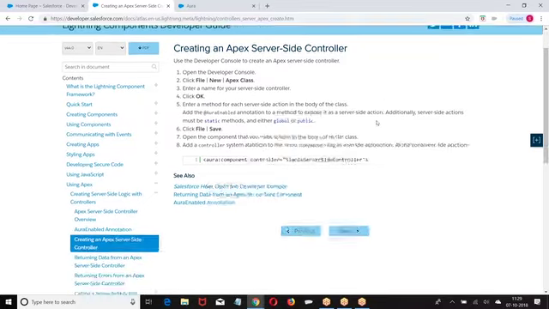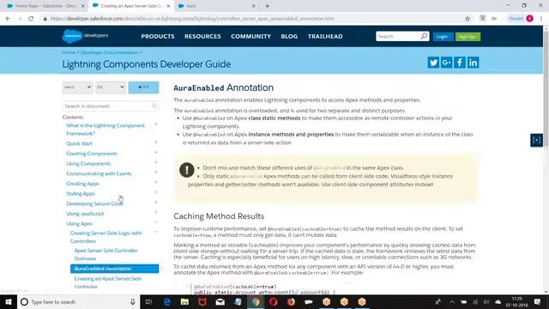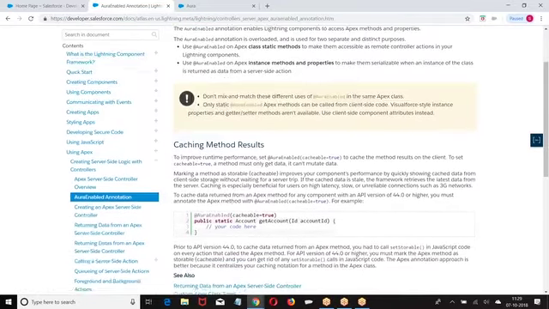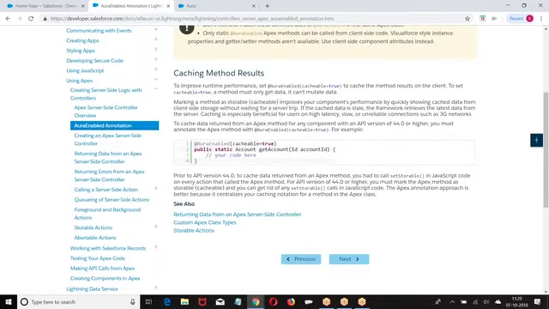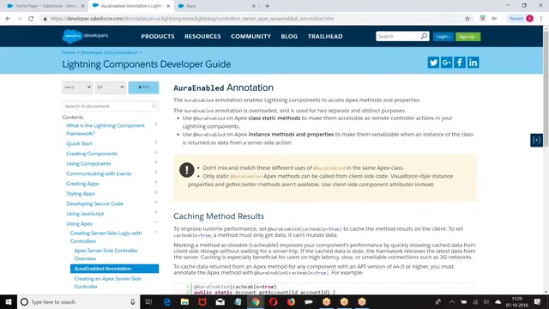Okay. Let us go back to the next one. Let me show you. People still have some query on that. Let me show the right point here.